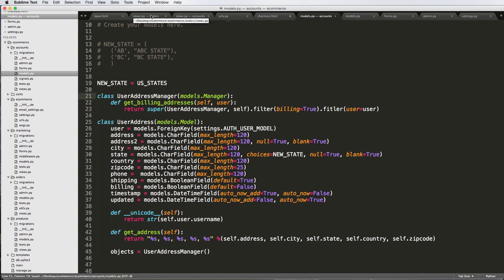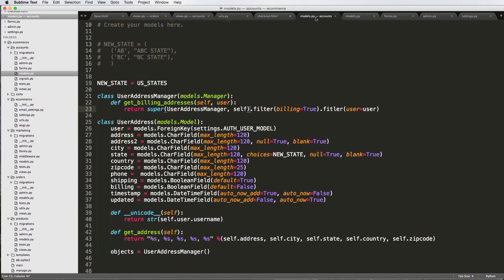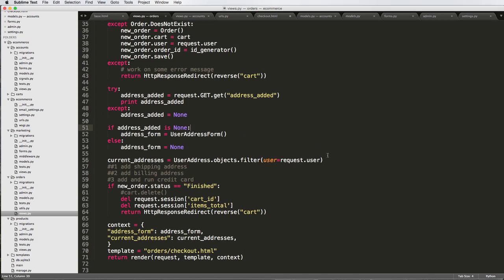So let's go into our orders. Notice that I have the object selected here. And this is a little bit different than what we did in marketing. Right? In marketing, we have a query set, and then we had our manager query sets based off of the main query set up here. So our managers are based off of that, where right now we're just using a manager based off of itself and filtering things. So to use this, we go back into our orders,